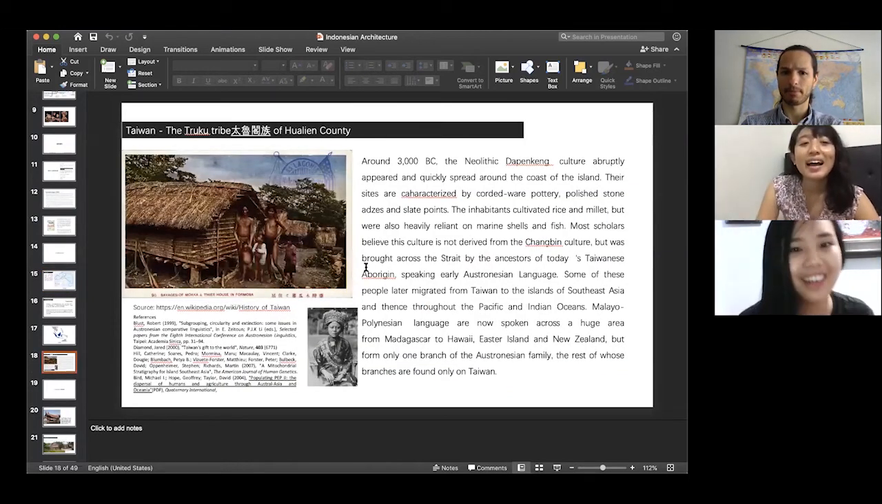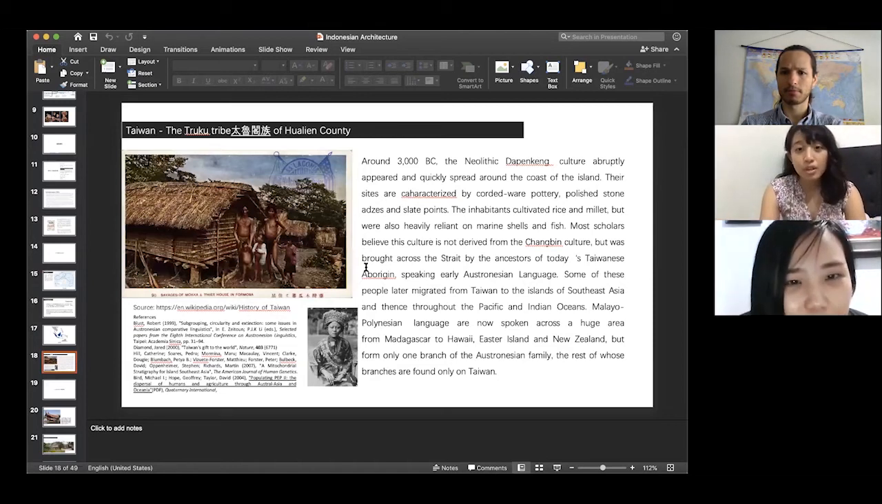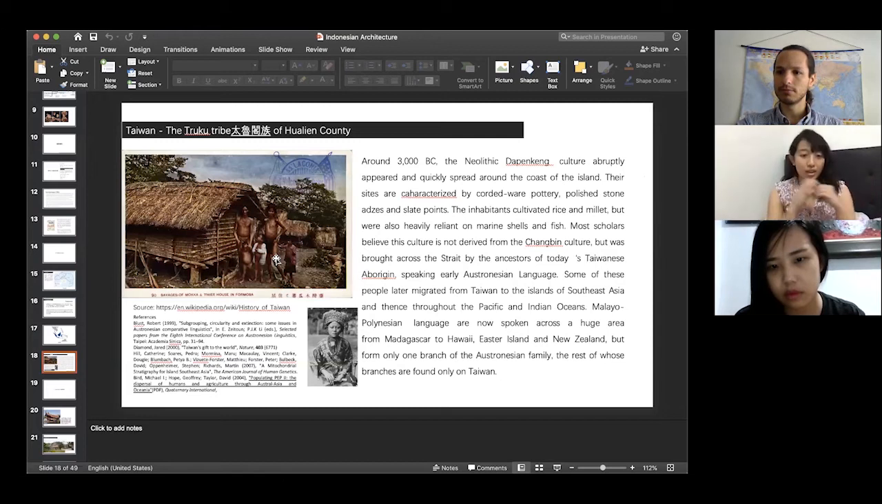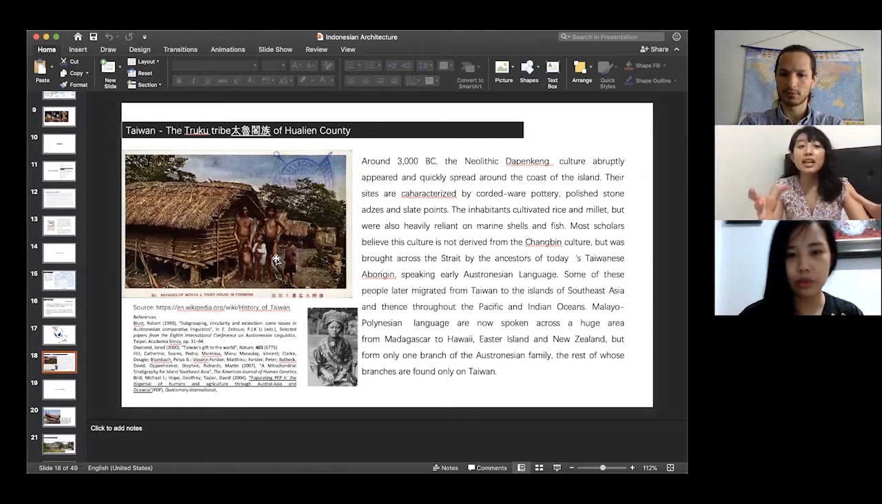Yeah, you are around Korean. 3,000 years before century, the Neolithic Dapenkeng culture appeared and quickly spread along the coast of the island. I'll tell you, these are the real Taiwanese people, not Chinese. Yes, because Chinese people came to Taiwan